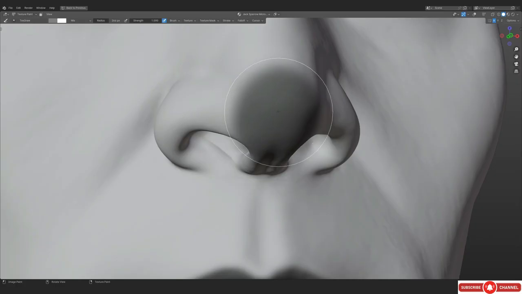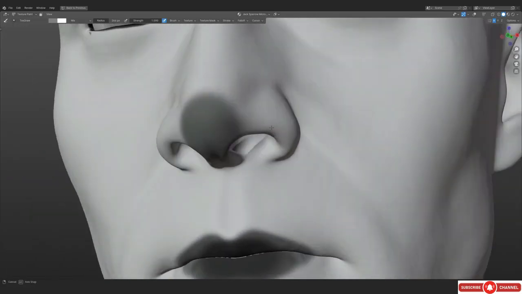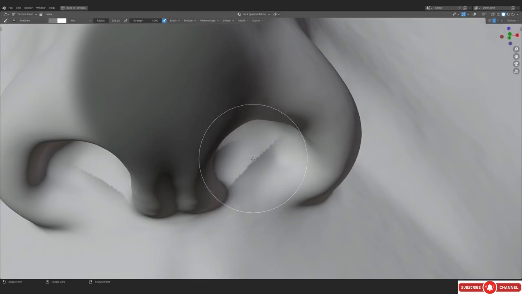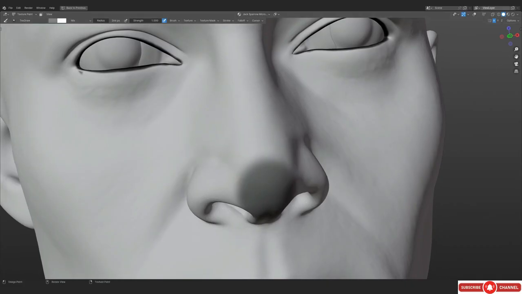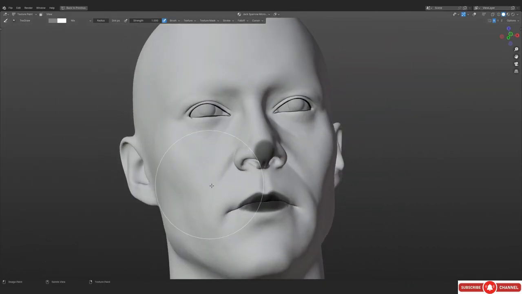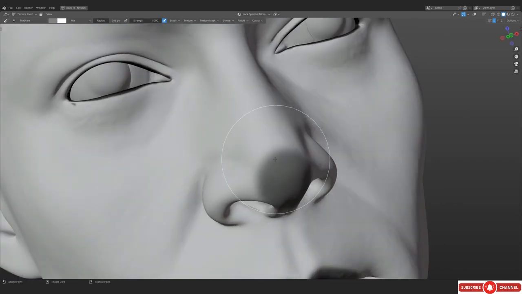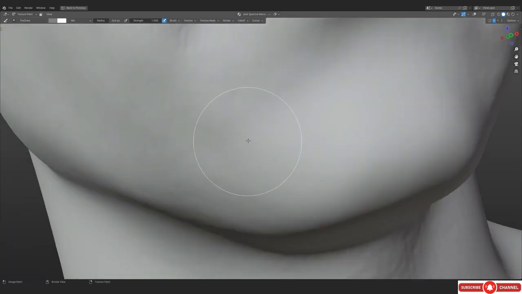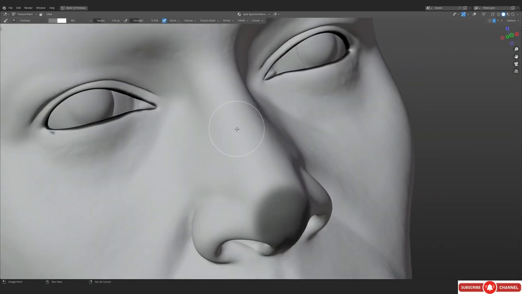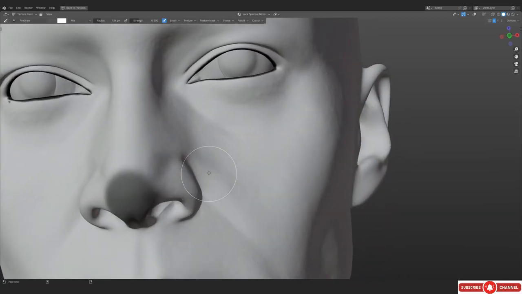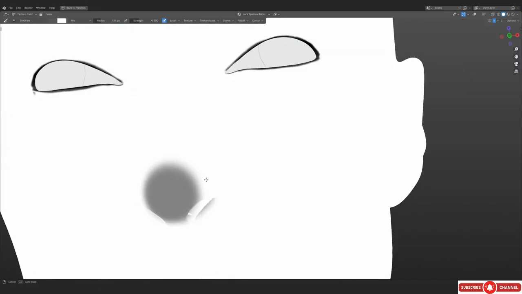So yeah, you can actually just do that, and you've just seen the reason that I don't really like to use the texture painting in the texture painting mode of Blender, because this creates this artifact that I really hate. And it's better to just go into the sculpt mode with the multi-resolution applied. That is like the best thing that you can do in Blender in terms of texture painting. And if you have ZBrush, you can literally just do the painting stuff in ZBrush as well, because ZBrush does allow the subdivisions and also painting in the subdivisions. So this is something that I feel like Blender should implement as well.